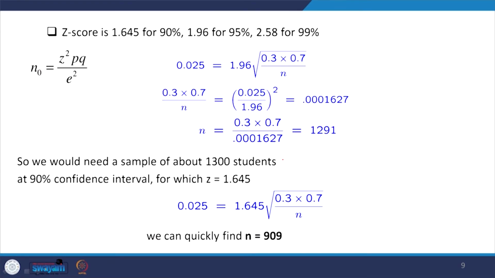Now, based on that formula we have already derived, the Z score for different levels is there, 1.645. If you check the Z table, this information is there. You just simply go to the Z table, open that Z table. Usually these are given in the back of statistics books. Okay, go to the Z table, check the 90% on the row and column. You check some percentages are given: 90%, 92%, 93%, 99%, all percentages are given, and in the column you will find out at what level you require. Okay.